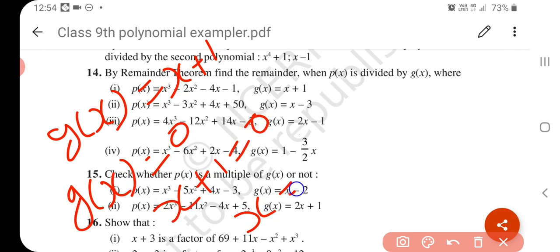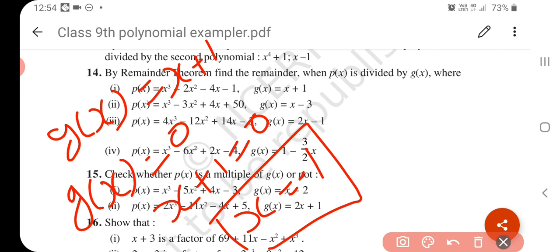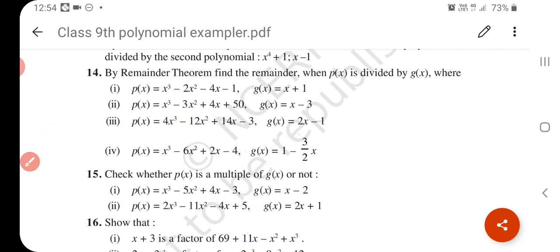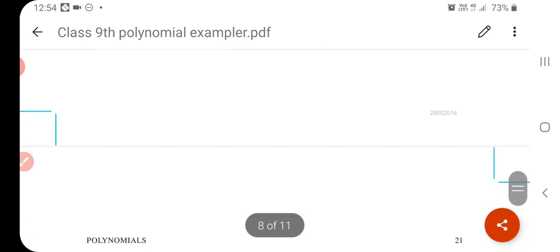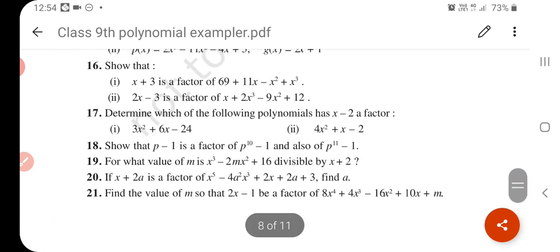So x is equal to minus 1. So this is your value of x put in the polynomial. Okay, आपको इस वैल्यू को कहाँ रखना है, p(x) में रखना है, तो आपको पता चलेगा कि क्या ये उसका ज़ीरो है और नहीं है. Understand? So this type you have solved all the questions.